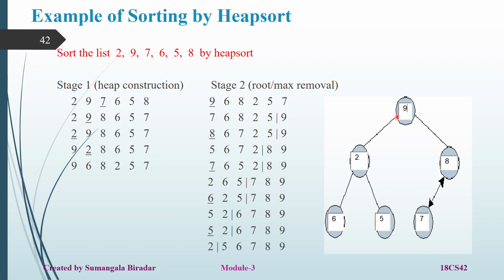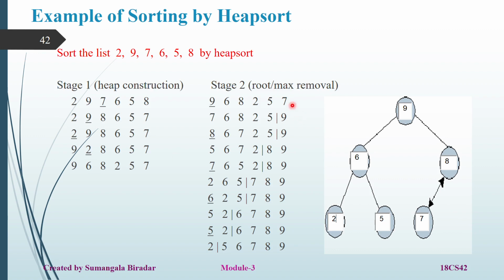So is it now completed? No. Once again the criteria is not fulfilled. That's why once again you have to interchange the 2 and 6 here. If I interchange, then I'll get the 6 here and the 2 here. So now is it a heap tree? Yes, it is a heap tree here. That is the thing: 9, 6, 8, 2, 5, 7. First thing: whatever elements are given, you have to construct in the form of a heap tree. If it is not, you have to swap, and you have to get the concept here. So with the help of that, you got the heap tree now.